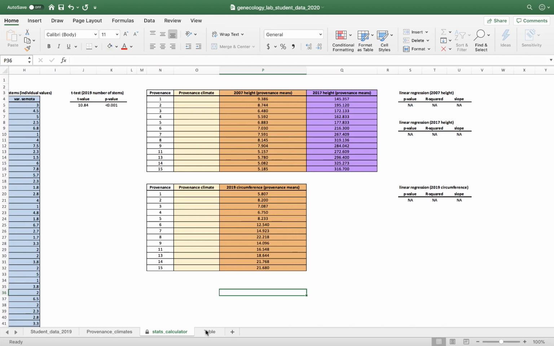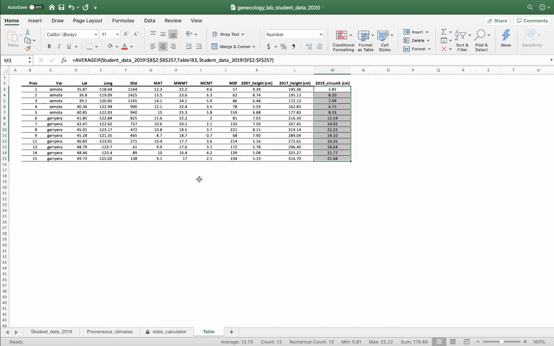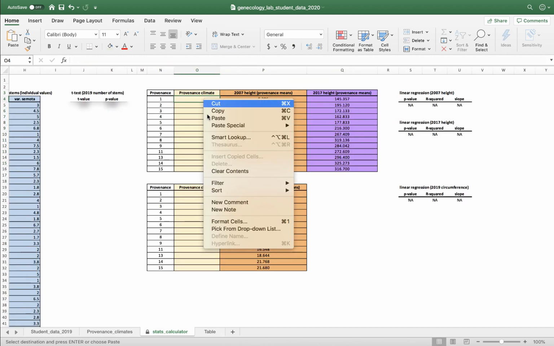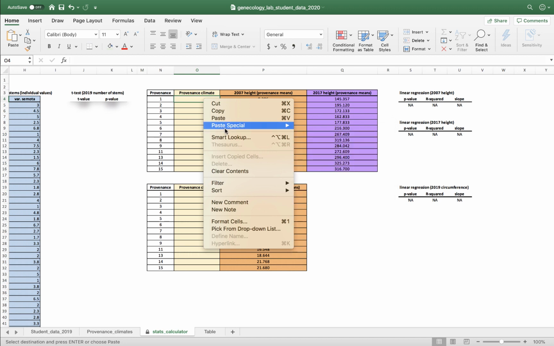Based on my hypothesis here, I'm going to just test mean summer precipitation. For the sake of the exercise, I'm going to select this variable. I'm going to paste